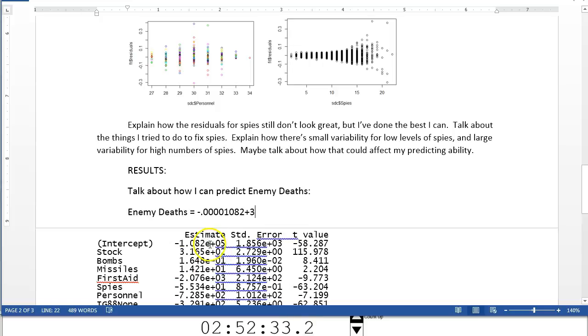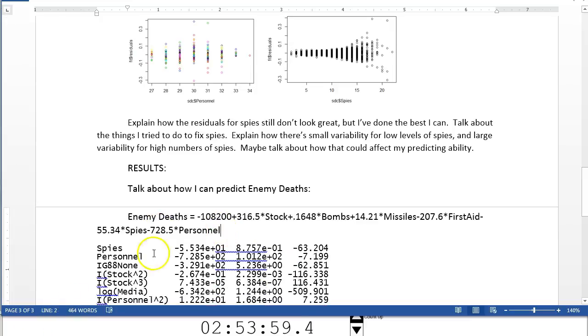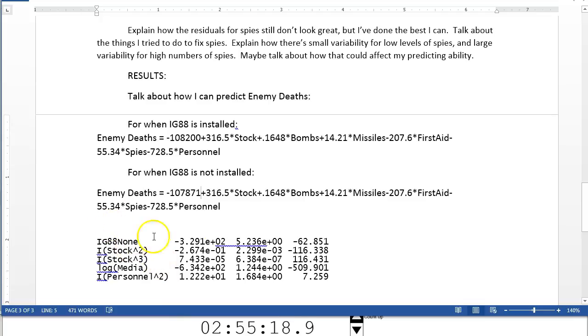Oh, that's an E10 to the positive, oh man. Okay, so case in point, this just hurts trying to put all this stuff in. It's for bombs, but that prediction equation is going to be valuable. A client's going to want to see it. And here I was going along just fine, but that one is categorical. So this number really needs to be added to my intercept, which means I actually have two equations. And since it's not an interaction, it's just the term, the only thing that changes is that number, the y-intercept, is going to be different for the two.